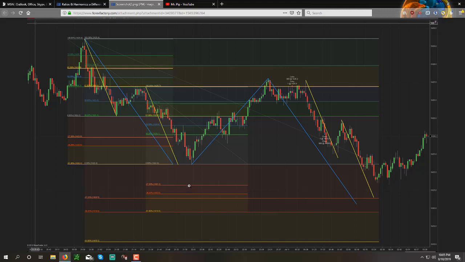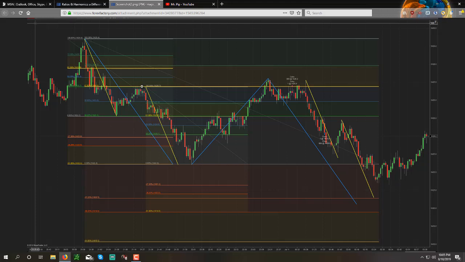But let's play devil's advocate here. Let's say that this achieved a proper correction and that this achieved a new structure low, off of a very weak projection, and we have a one-to-one to the downside. Trading this one-to-one to the downside, if you would have gotten long anywhere down here on the completion, your break even is the 38% of the overall high and low here, and your take profit is the 618, which looks like this move to the upside achieved very nicely. All right, so here's the thing. What are you trading? What order flow are you looking at?